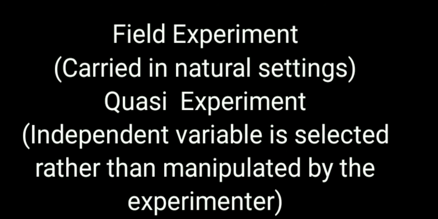In a quasi-experiment, the independent variable is selected rather than manipulated by the experimenter. Here, what we need to study has already taken place. Example, effects of an earthquake on people or a flood, etc., which has already taken place. It is designed a lot like a true experiment, except that in a quasi-experimental design, the participants are not randomly assigned to experimental groups. It also has some advantage and disadvantage. The advantage is that it is practical, and the disadvantage is that random assignment of participants is not possible in a quasi-experiment.